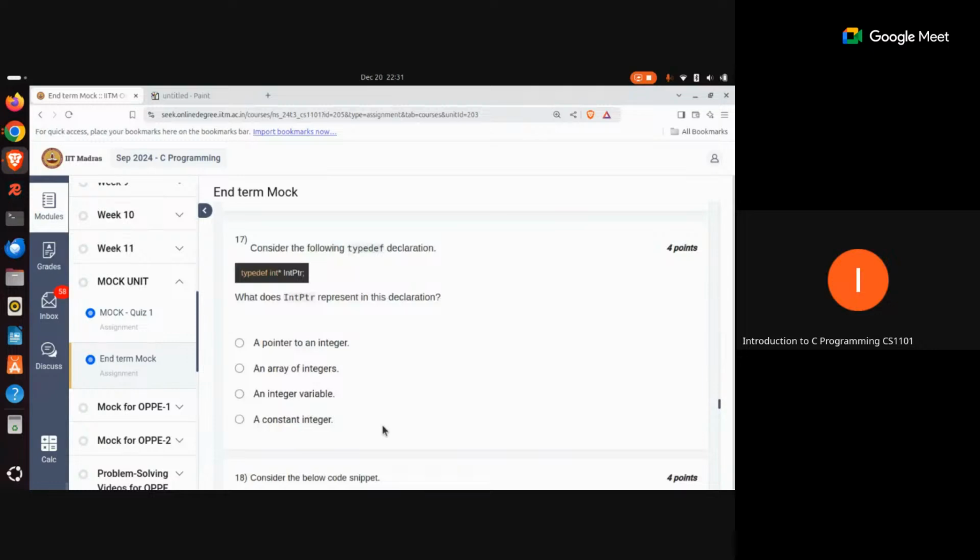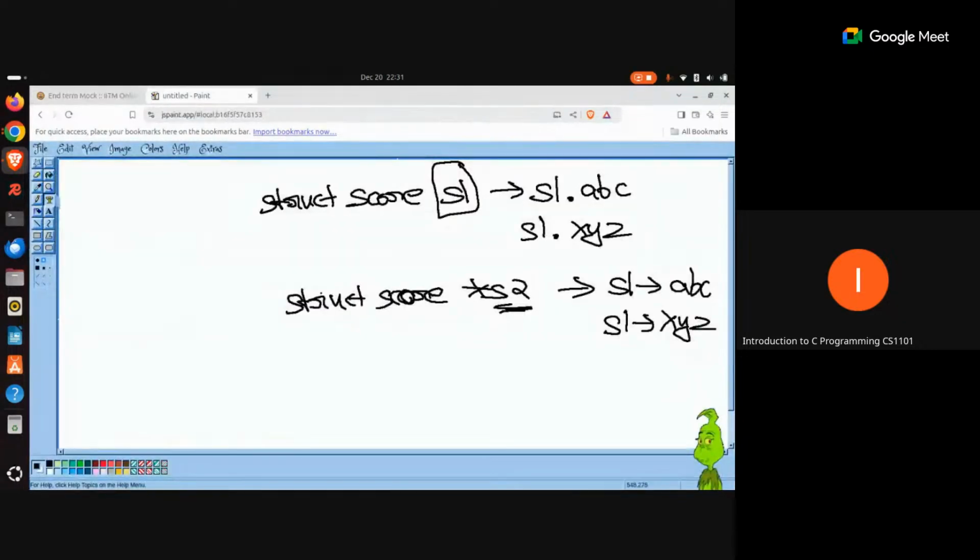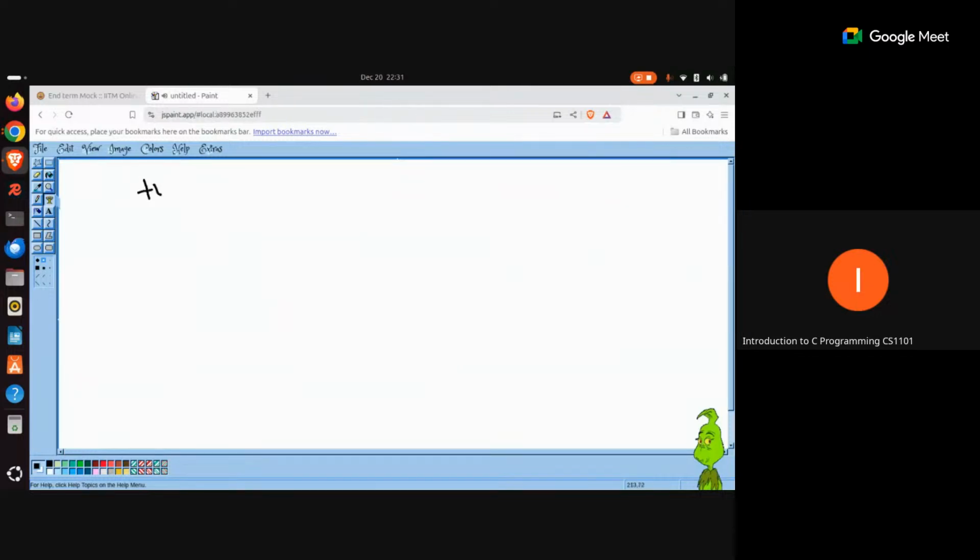Now, question number 17 is talking about typedef. So yeah, I think I forgot to discuss typedef. So see, typedef is actually a keyword used to create a new data type. The syntax of typedef is: firstly you write typedef. After that, you write a data type, and then you write an alias for this data type.